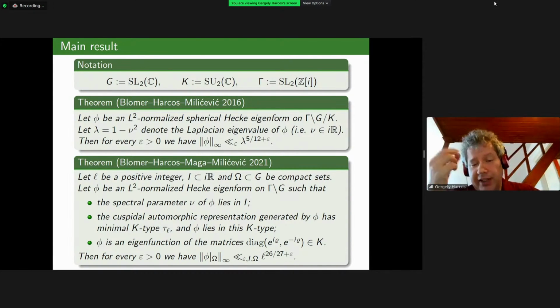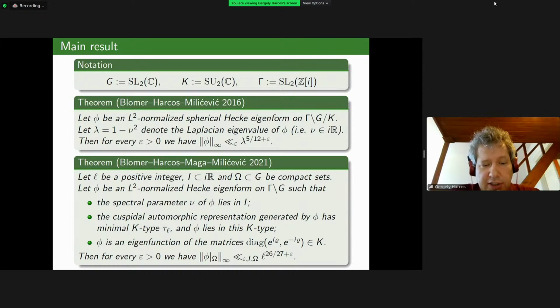And then, in fact, in this minimal K type, you can consider some natural basis, and we assume that phi is a basis vector in such a natural basis, which practically means that phi is an eigenfunction of the diagonal matrices contained in K. And then this diagonal subgroup of K acts by a character on phi. Okay, so in short, we try to consider a very natural kind of Archimedean new form in a non-spherical cuspidal